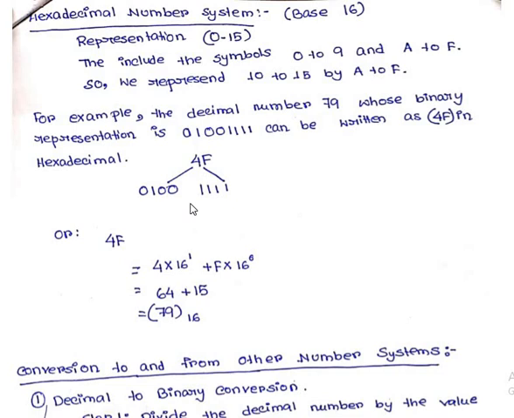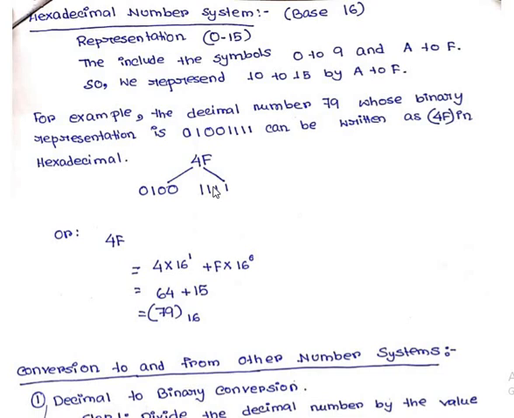So by using that table only, you can represent 4 by 0100 and F by 1111. Why? Because F is actually equal to 15. So whenever you check the table, you will get that 15 is equal to 1111 and 4 is equal to 0100. Now I got the binary. Now I know how to convert a binary number to its equivalent decimal number. So I have to write the digits separately, multiply 2 with each digit, and increase the power of 2 from the right hand side towards the left hand side.